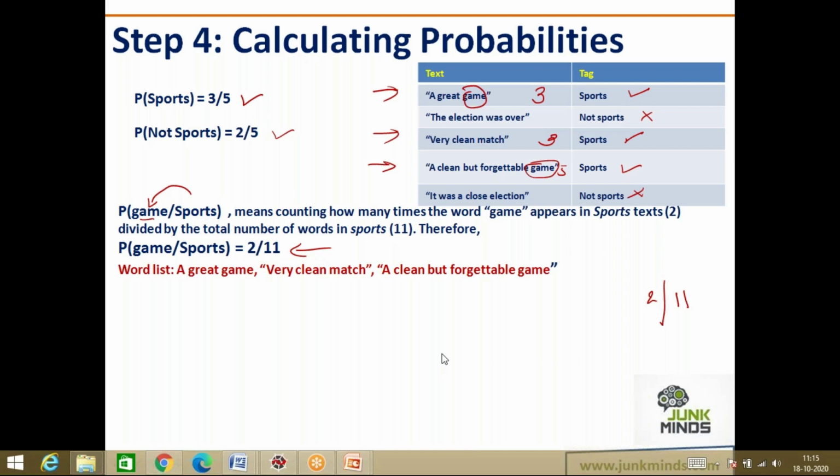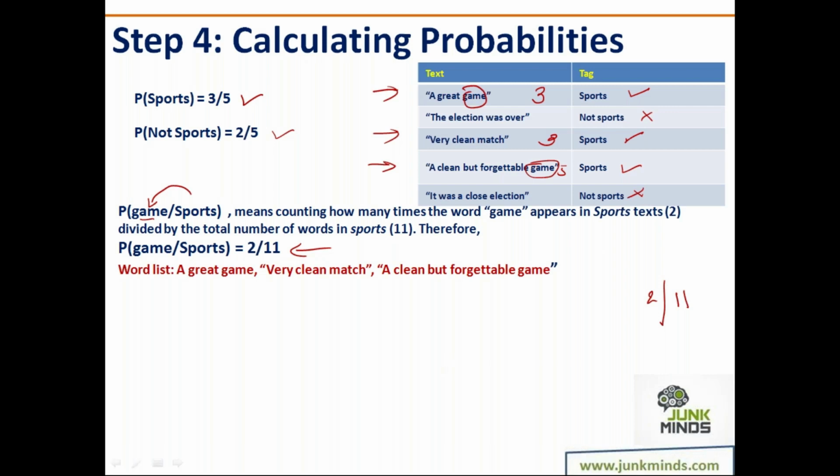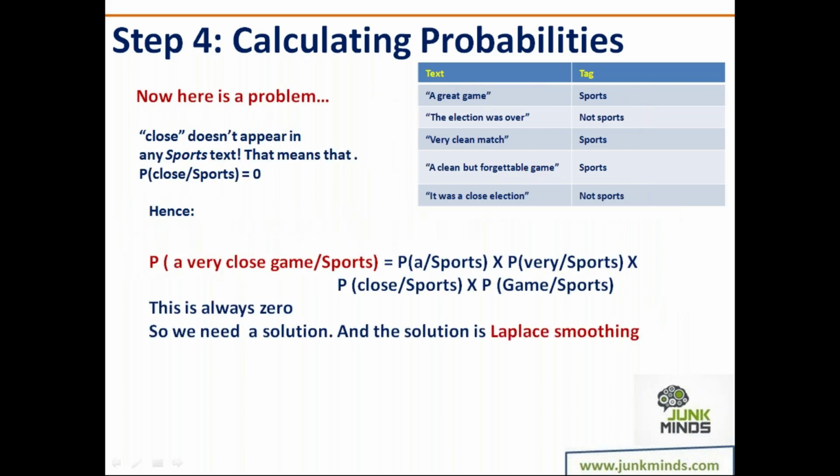Again, the moment you understand the concept, it's done. Don't bother coding this. You'll never be required to do this. The idea is, if somebody is asking you how does the naive Bayes theorem work, you should know how exactly it works, because that helps you understand what are the things that you can do which can actually affect the efficiency of the algorithm. If you don't know this mathematics, you might end up doing something in your data which will effectively hamper the efficiency of your algorithm. So this is how I'm going to calculate this.